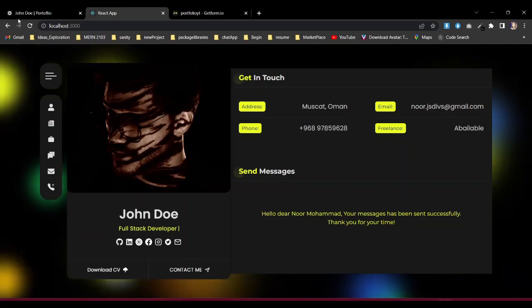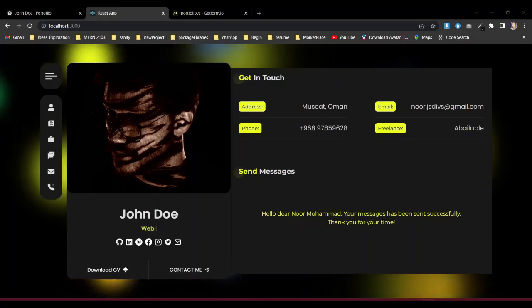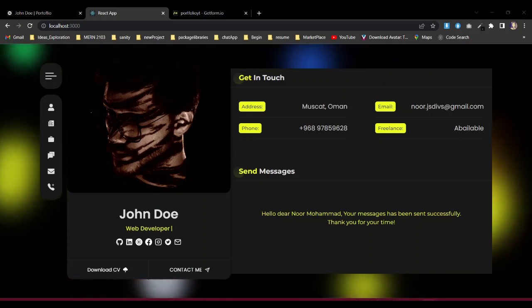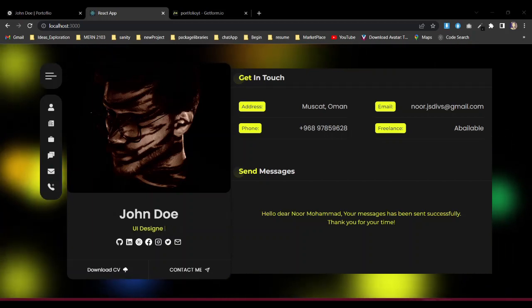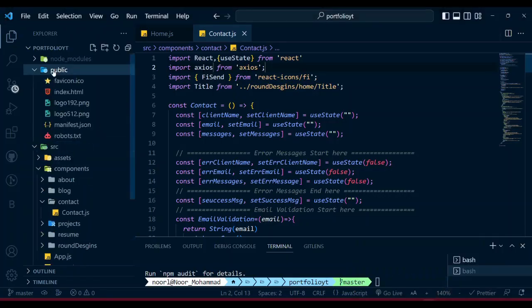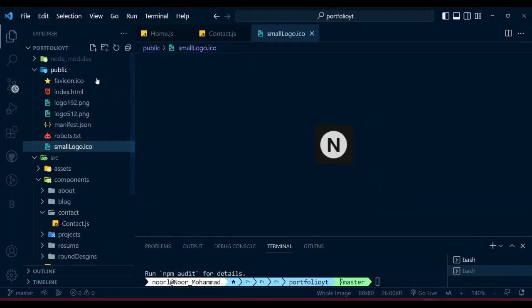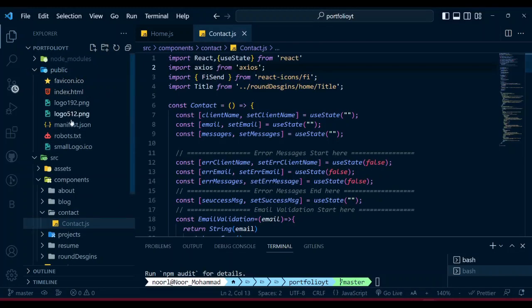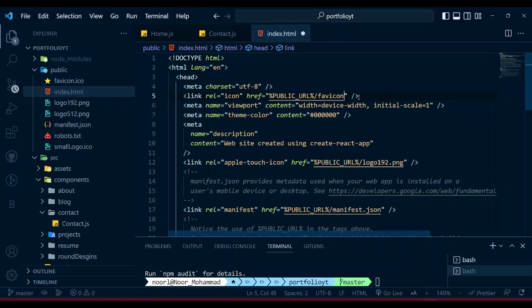Now as you see, there is a little icon over here. We need to fix that issue because it doesn't look nice without that icon. I will just get my logo from my previous file, and in the public folder I'm gonna paste it here. And also in the index file I'm gonna change that setup. So first of all, in here,